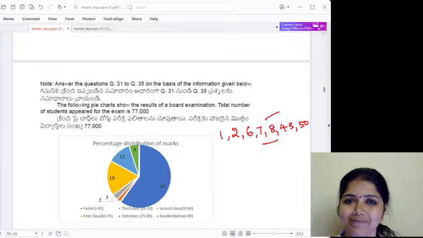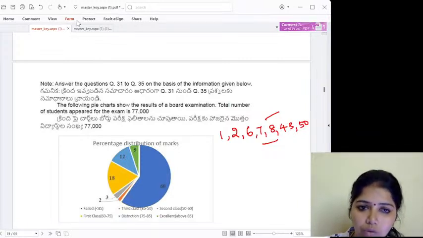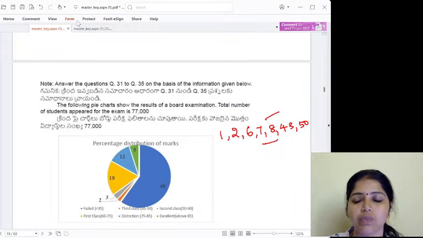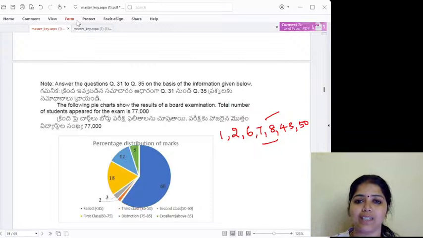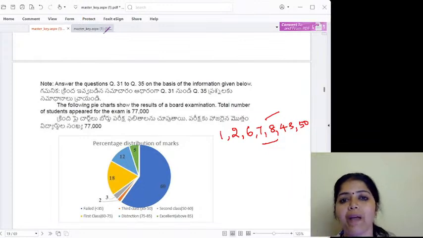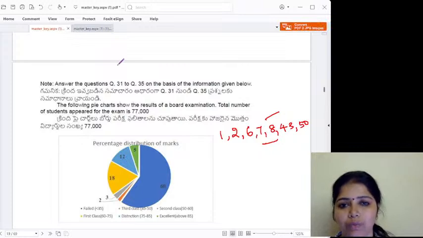Clear? So with this, I would like to end the session. Those who are preparing for your NET exam, you can download this question paper and try to solve it. This seems to be very easy when we are preparing for a NET examination, and also a practice for us to know how we are prepared, so that we can check ourselves what state we are in.